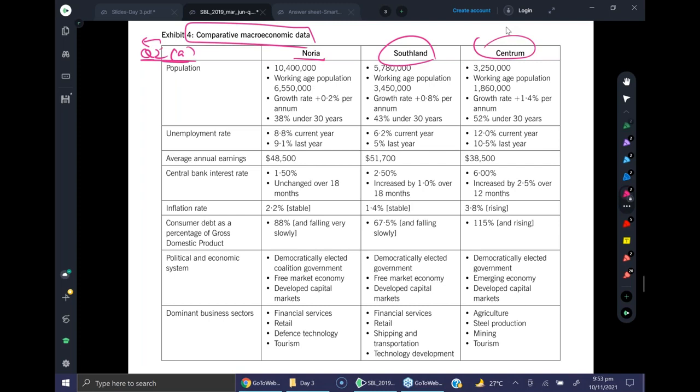First things, population. Noria has a population of 104,000,000 and Southland has a population of 5780. So as compared to Noria, Southland has a smaller population. I'm not saying it's a positive aspect, I'm just saying they have a smaller population. However,